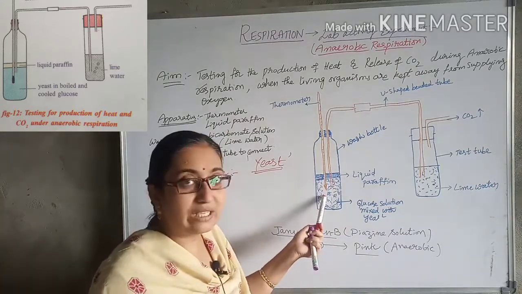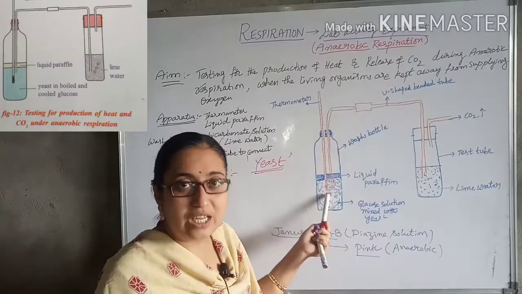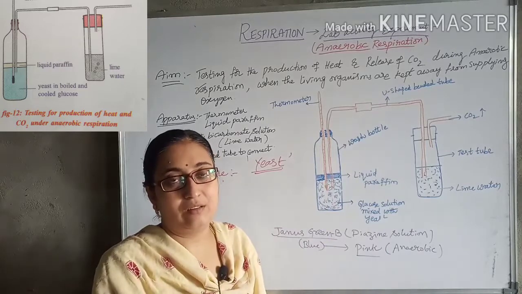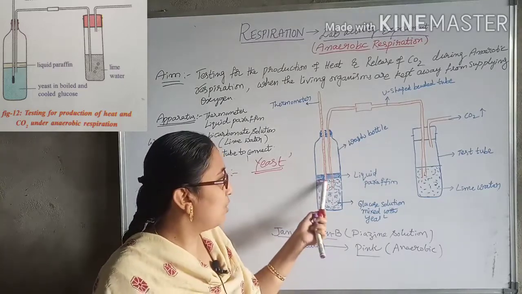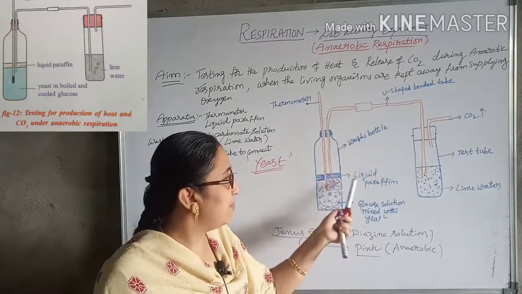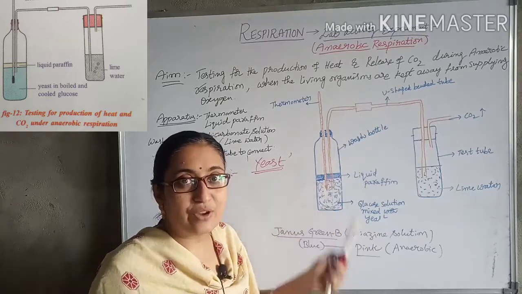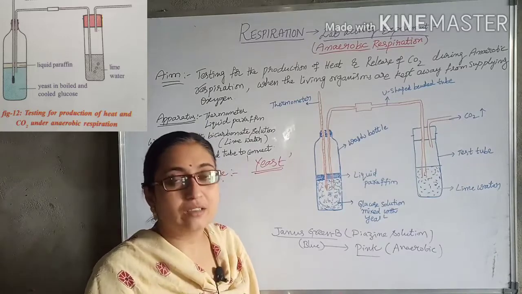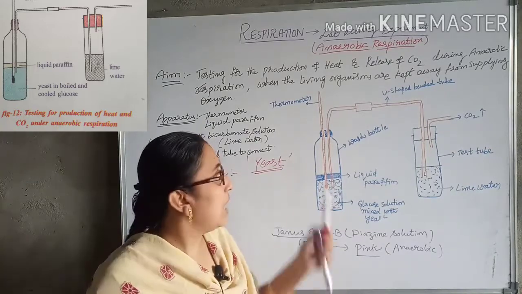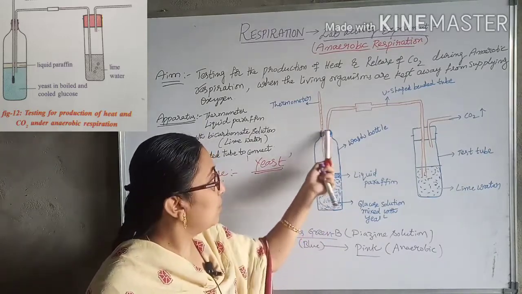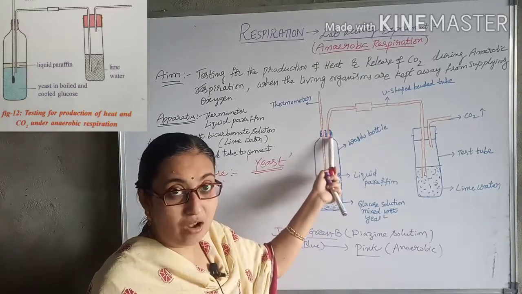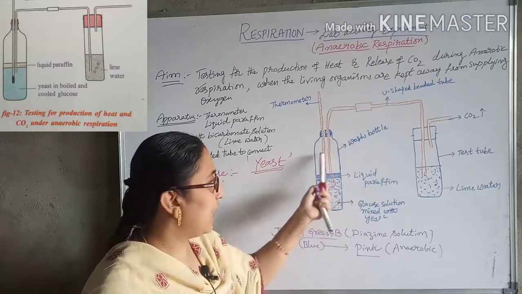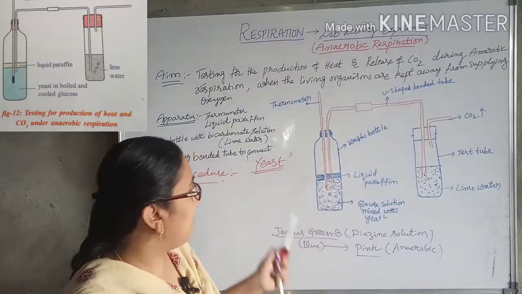After pouring the glucose solution in the wash bottle, you have to make it airtight. That means you have to pour liquid paraffin wax, which will make the solution tight and close it completely. And one more thing, you have to close the wash bottle also after inserting the tubes. Like this. Now what will happen?